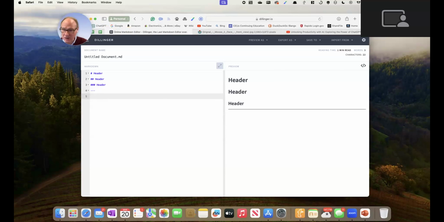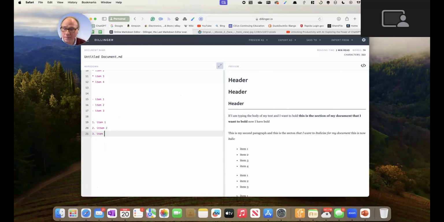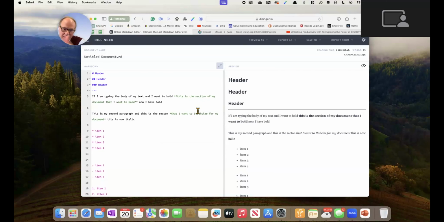And if you want to use numbered lists, just type the first number 1 plus a space, and then item 1, item 2, item 3. Okay, so an easy way to do your list. Again, you don't have to go up to the ribbon in Word to set the list settings. You just keep typing.